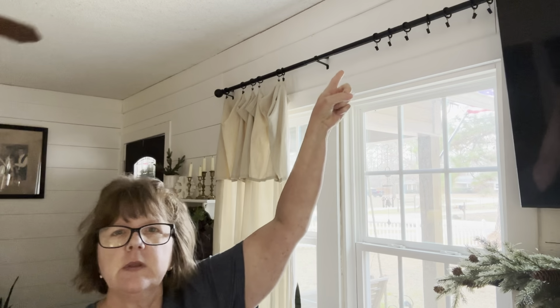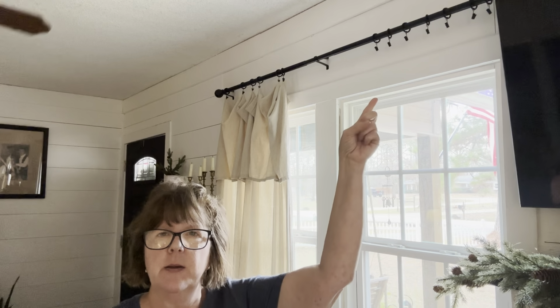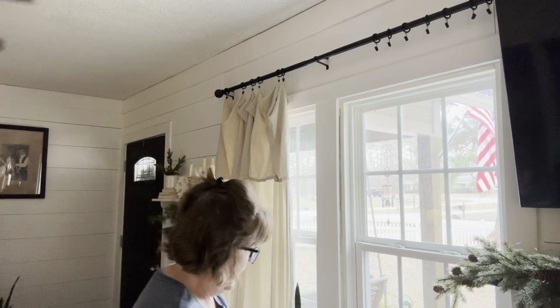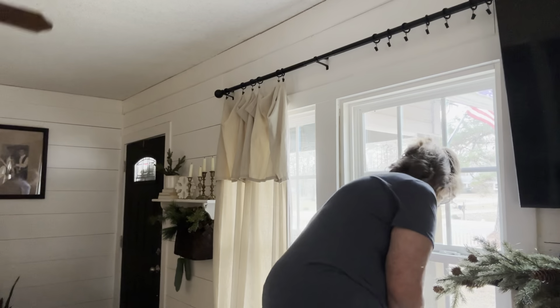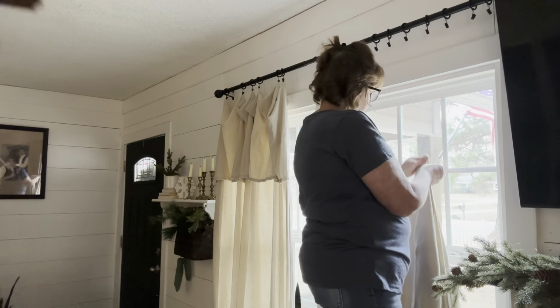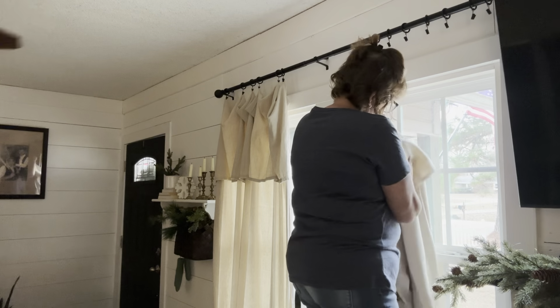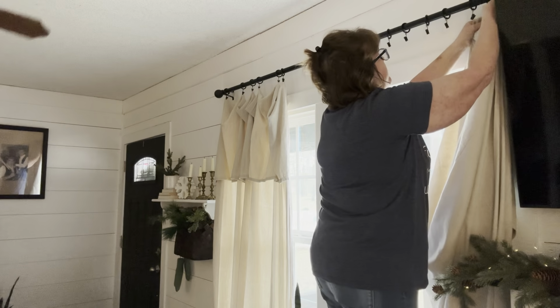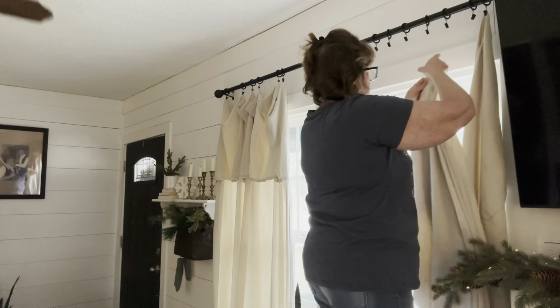And then up at the top, you see I have metal rings. I have 7 of those rings, and you can get those in the curtain section at Walmart or Lowe's or Home Depot. So I'm going to show y'all how to hang those up. I start off with doing the one on each end first. So I've got my fabric folded over. Be sure you have your little flap hanging to the front, because that's going to be like a valance. So I do that one,